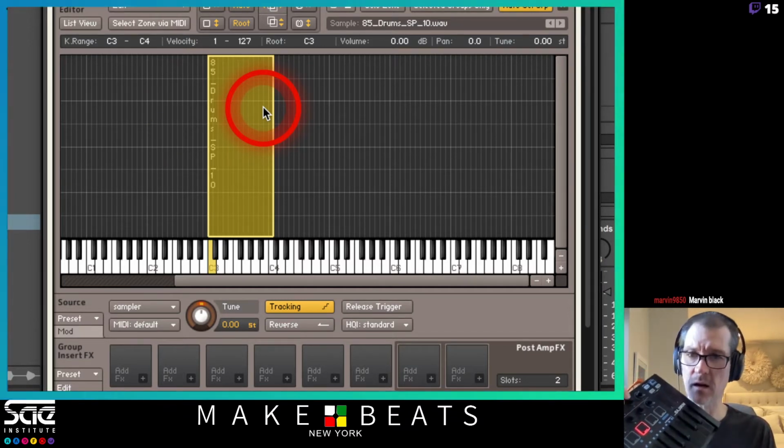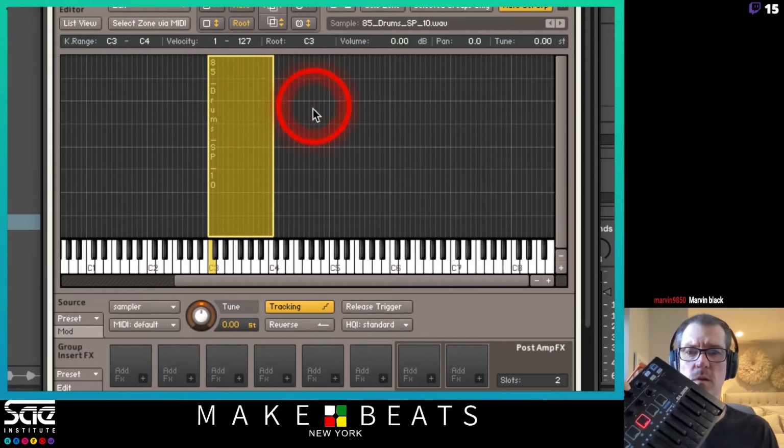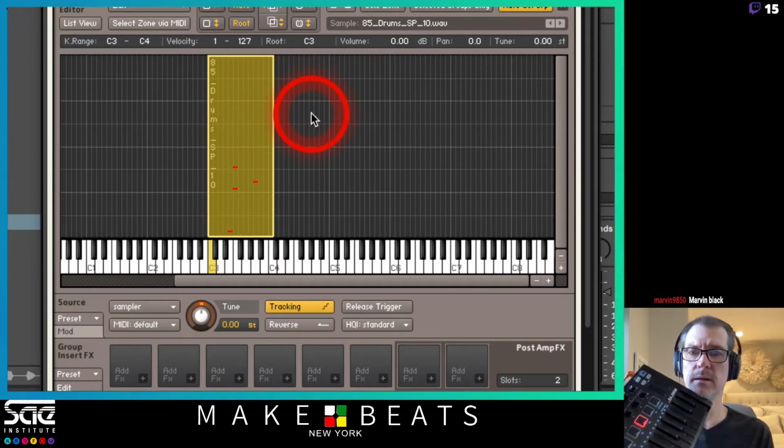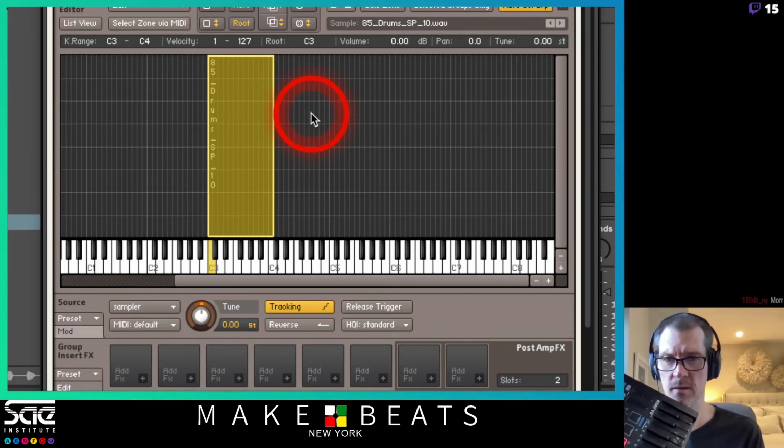But if I go over here, now you can see it's playing all those different notes. Let me just move my cursor there. If I play this one, it plays it like that. If I play this one up here,